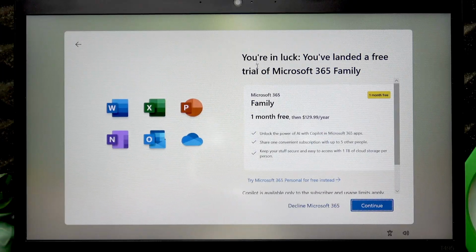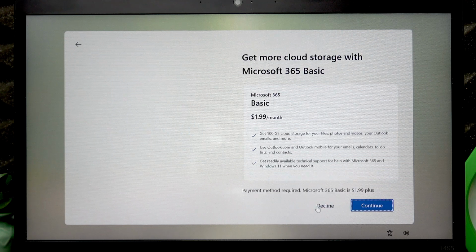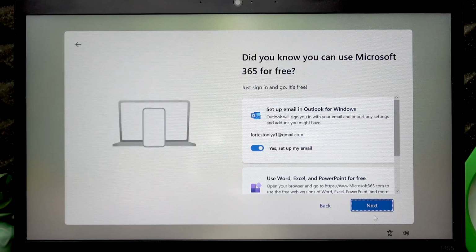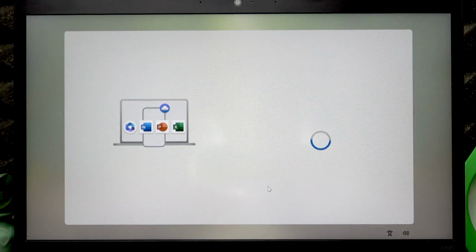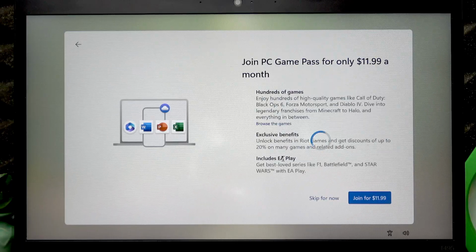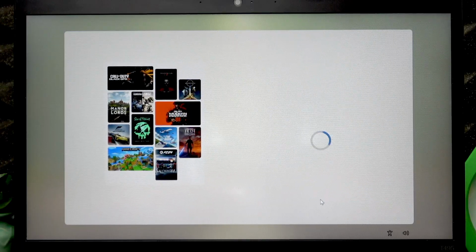Then we got some offers from Microsoft. Just decline them by clicking decline. Click decline again, then click next. Then wait for the last Microsoft offer to appear and just click skip for now, and wait until your Windows boots up